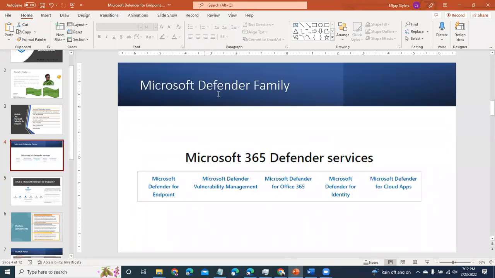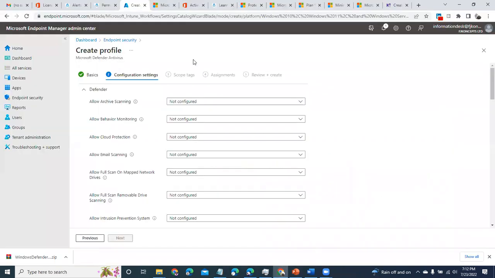So if you remember here, the Defender family, right? What Microsoft has done is create a suite called the Microsoft 365 Defender Services. We're looking at Defender for Endpoint. For email, this is what you'll be using, the Defender for Office 365. Defender for 365 addresses the security on email. However, for the dashboard, it is still the same Defender portal.